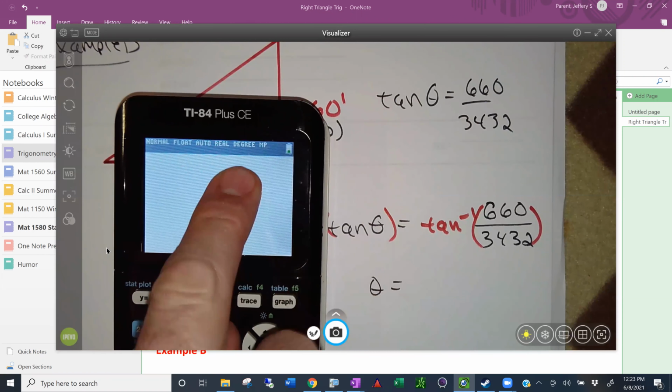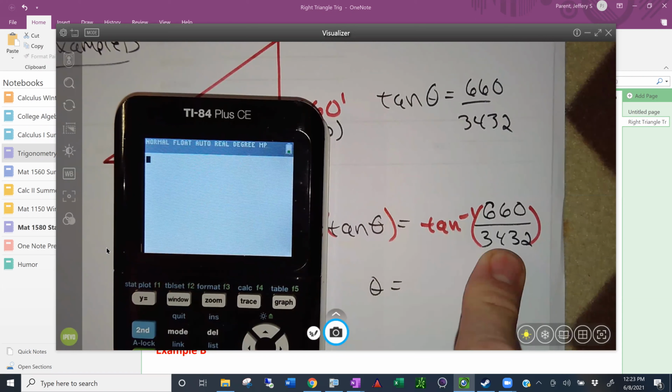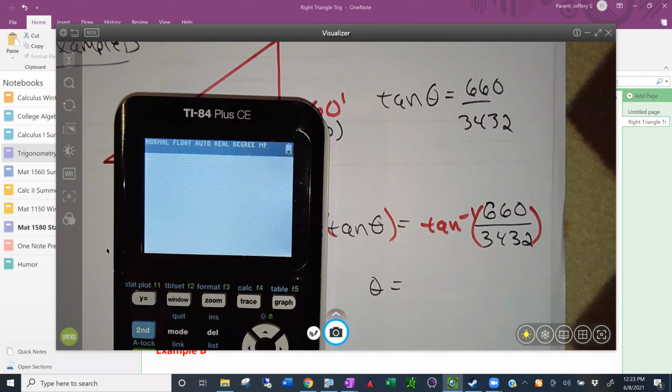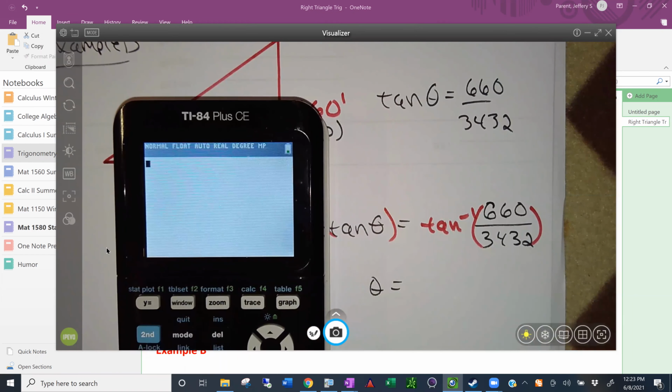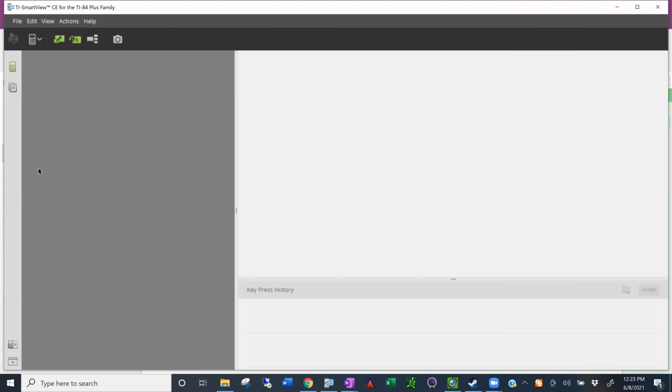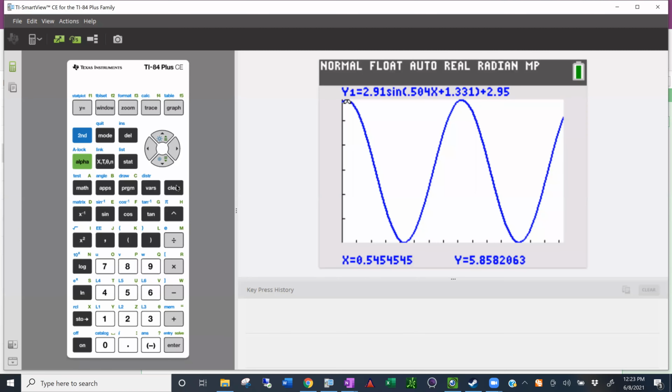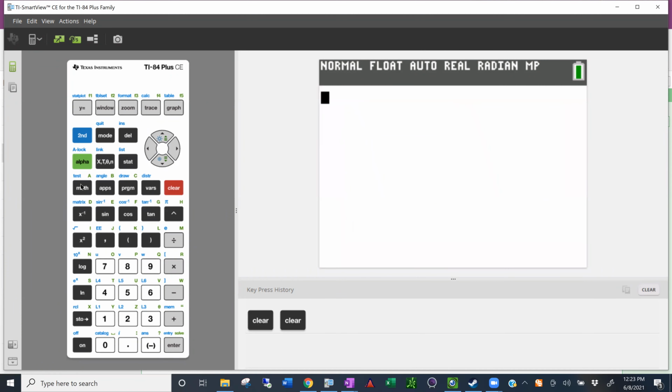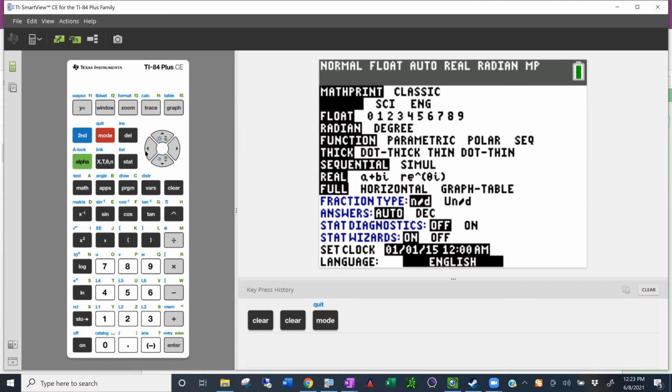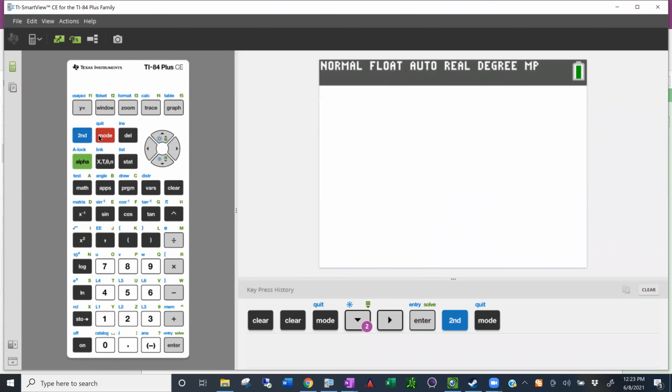So I've got my calculator in degrees because I'll probably relate to this angle more in degrees than in radians. But you know, you're going to have to do what the problem asks of you. All right, I guess we got this up here, so let me do it here. Let's put your calculator in degree mode, or at least this one in degree mode first. I mean, calculus uses radians because it's absolutely most convenient. It's the right thing to do, but it's not easy to relate to things other than a few special angles